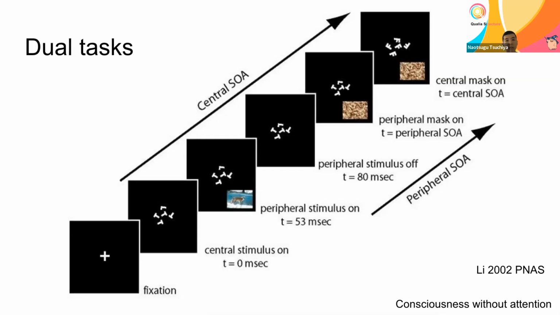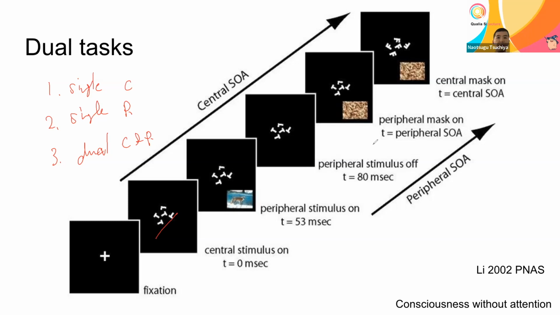In the dual task paradigm, the key is that we have three conditions of the task. One is a single task, the central task. The second one is a single but peripheral task. And the third one is a dual task, both central and peripheral. In the central task, typically people use this rotated L and T task,